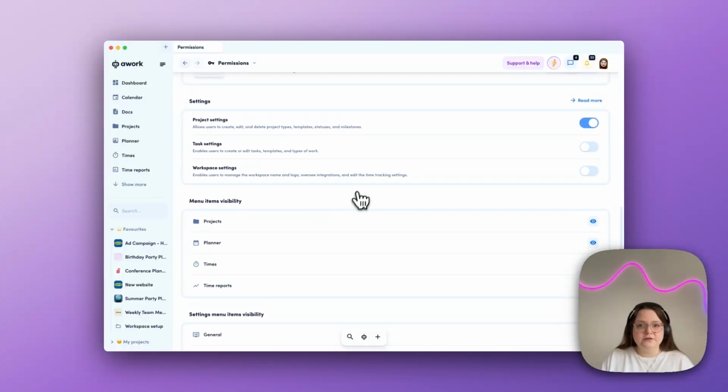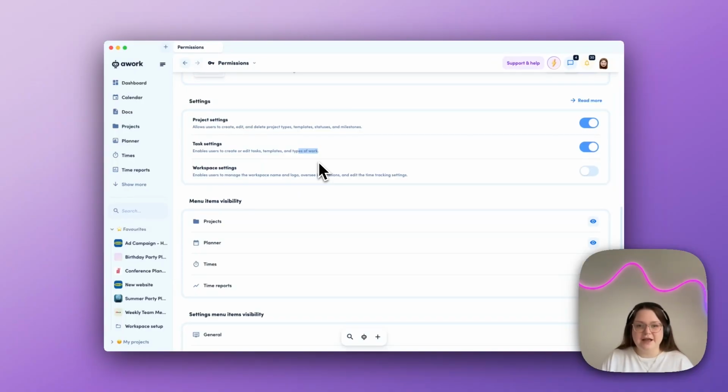Now, these two settings, I just want to mention, if you are letting your users create new projects, it's probably also smart to let them create templates, just so that they can make their lives a little bit easier. If you toggle on these options, technically, it also gives them access to project types and types of work. And I am a strong believer of these two settings only being editable by administrators, just to keep things smooth